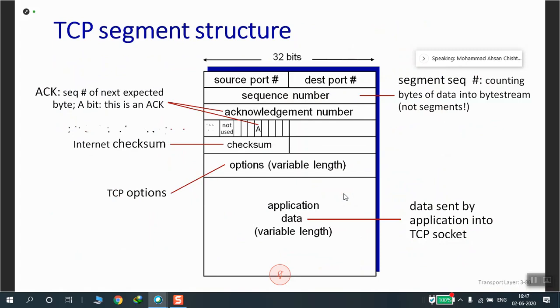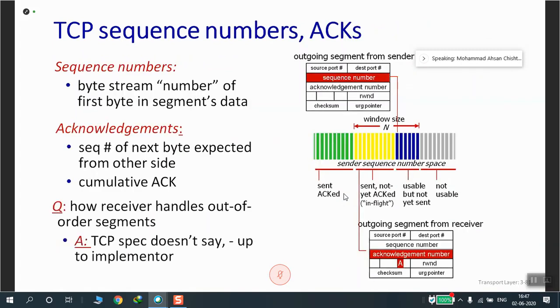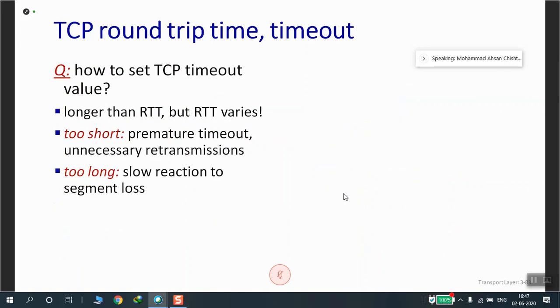The TCP timeout is kept in such a way that it should not time out prematurely before you get back the reply. What it means is that it should wait as much time as it thinks the packet would take, keeping in mind the maximum amount of time it should take.